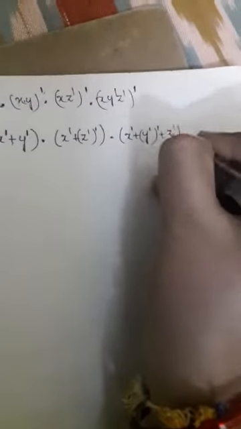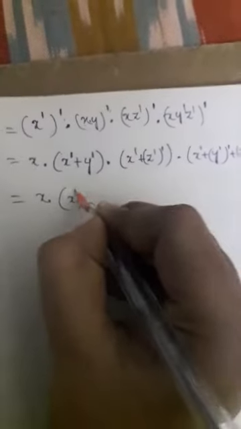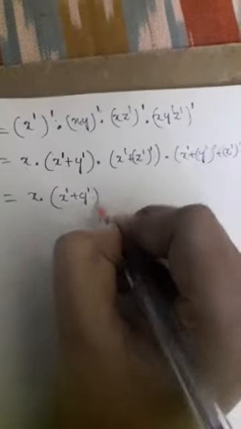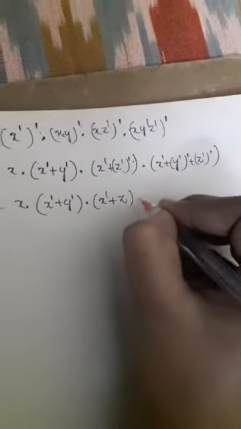Double complement will get normal variable. Next here we'll have the product term, so then apply the complement for two variables: x complement plus y complement. Here the dot will have a sum, that will be converted into x complement plus z complement whole complement, into x complement plus y complement whole complement plus z complement whole complement. Okay, so then the expression becomes f complement is equal to x into x complement plus y complement into x complement plus z complement whole complement, we'll get normal z.